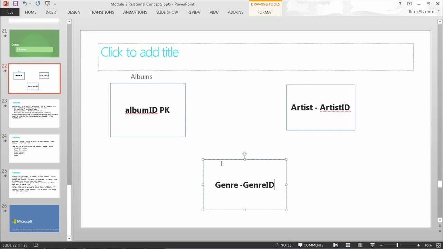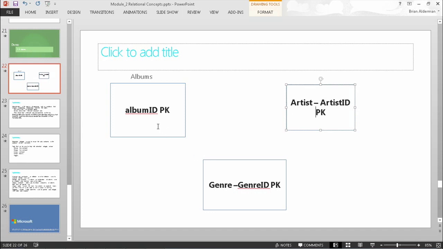So primary keys give us unique identity for all these things, but now I need to have a relationship between them so that I can actually do the lookups that I want, like how many albums do I have that are in the jazz genre? So how would I make a relationship between genre and album? We need album ID to be able to access genre, and conversely, I probably want a genre ID